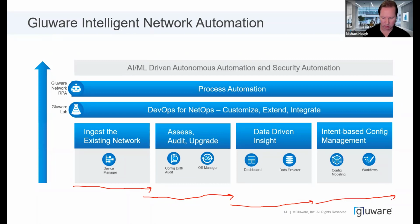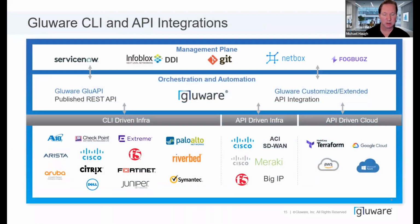So with that, maybe a little long-winded on the slides in the intro, but let's wrap it up with this final slide around what Gluware automates. We automate what's considered the legacy, but it's still what most enterprises have, which is the CLI-driven infrastructure. Again, multi-vendor, over 30 operating systems. Then the API-driven infrastructure from a southbound standpoint, where you usually have controllers in place like Cisco SD-WAN, which is the Viptela acquisition, Cisco ACI, Meraki,